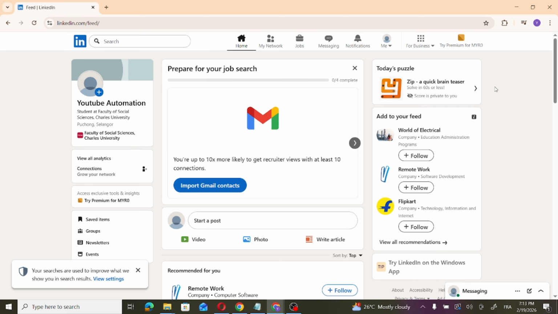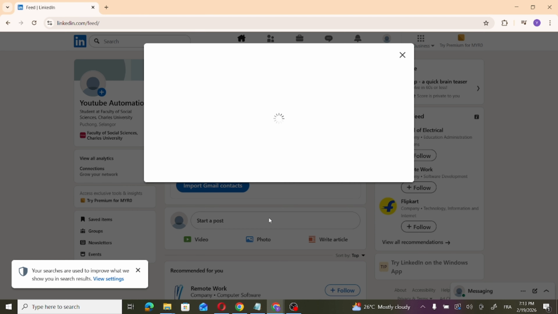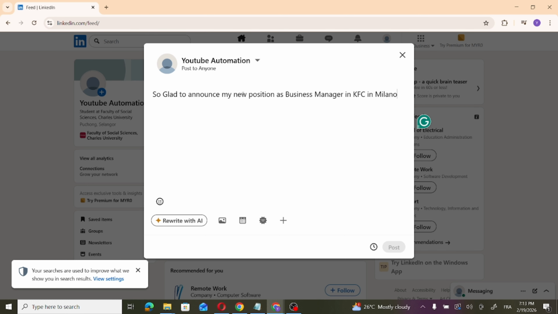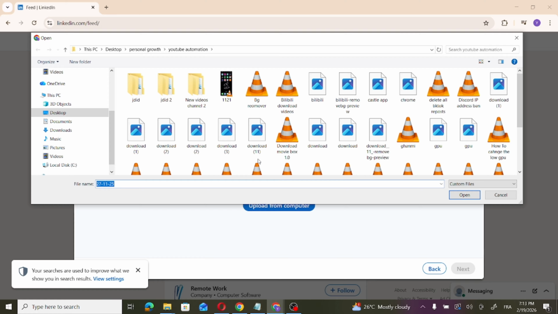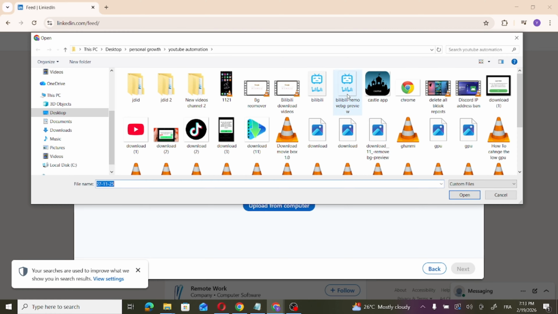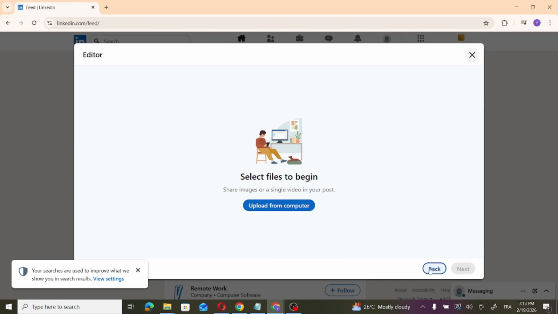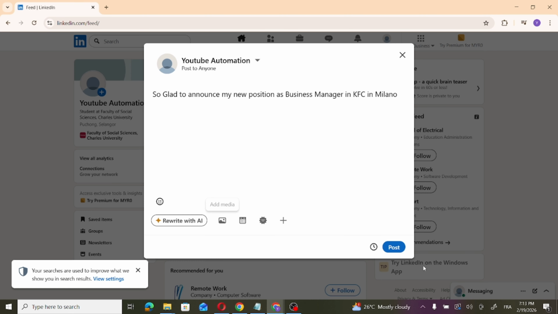How to add your achievements and post them on LinkedIn. So all you need to do is press on start a post and then type something like, so glad to announce my new position as business manager in KFC in Milano, or something like this. And then you can also add media, attach file, upload from computer and then select any picture that seems relevant to that achievement, and then just press on next and then just press on post and it will be